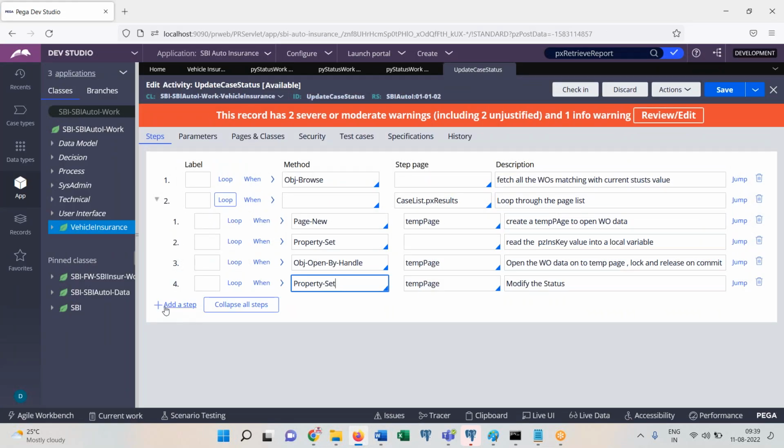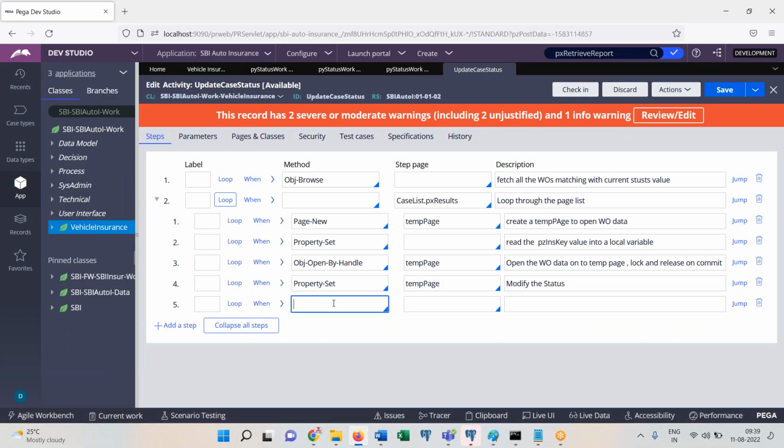Okay, done. Next, another step. Modification is done. I want to save it back. Okay, Obj-Save. This Obj-Save is going to generate